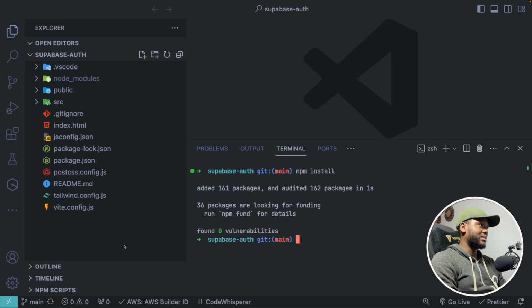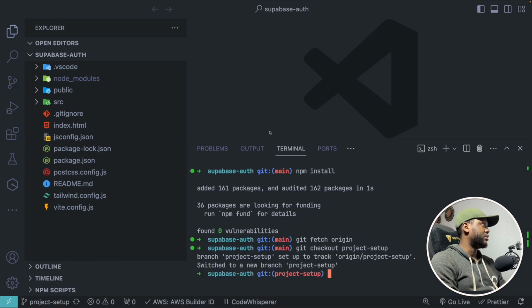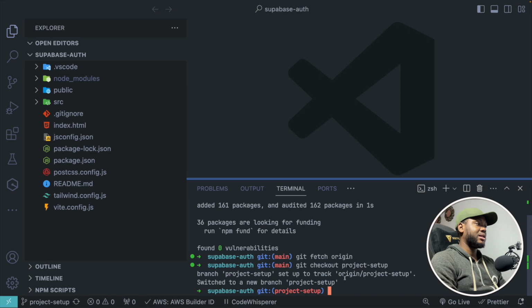Now I mentioned earlier that I have two branches, the main branch and the project setup branch. So I'm going to do a git fetch origin to get all the branches, and I'm going to do a git checkout project-setup to switch to that particular branch. Okay, so I am here now, and we can use this branch to work our way into setting up a Vue project. We have the Vue project set up, and the next thing to do is to run this project. So I'm going to say npm run dev